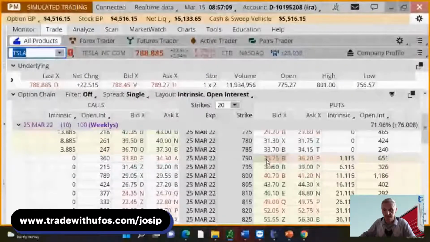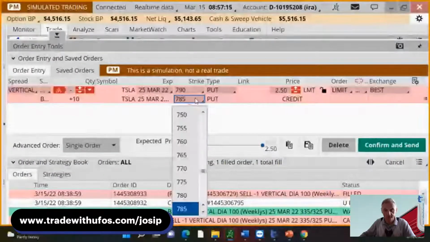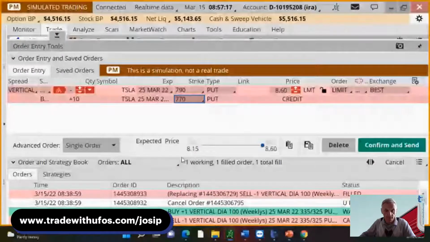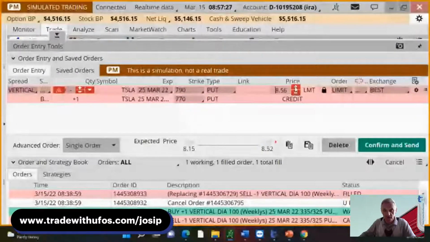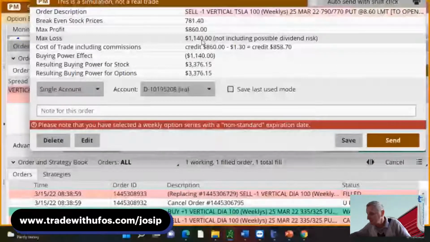Okay, so here we go. 790 selling. Very cool. Of course, they're going to put it below the price that I want. Now I need to click up to go to single contract. Let's not get filled right away. Let's ask for something around 860. Be aware this is a $20 spread. Therefore, I'm risking $1,140. Is there a piece that I didn't do yet? Feel free to answer, yes or no.